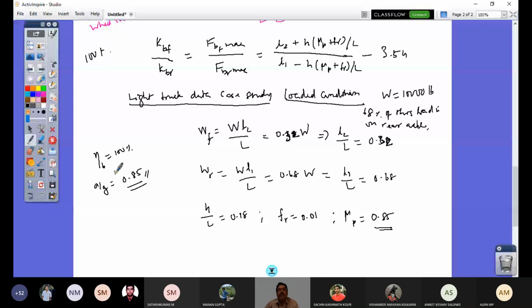So if your braking, or this A by G developed, is less than this 0.85 value, that means the braking efficiency is not 100%. What do you mean by that? The stopping distance would be more than what is minimum possible. That's the meaning. But always, aiming for 100% efficiency in a conventional braking system where no ABS is fitted is risky. But the ABS system takes care of this, achieving this 100% braking efficiency.